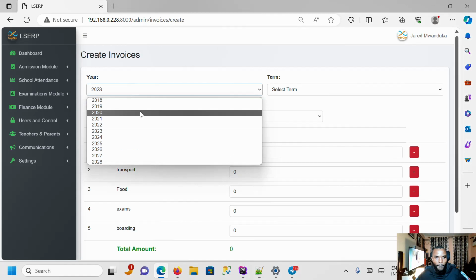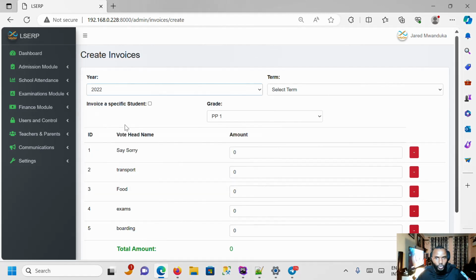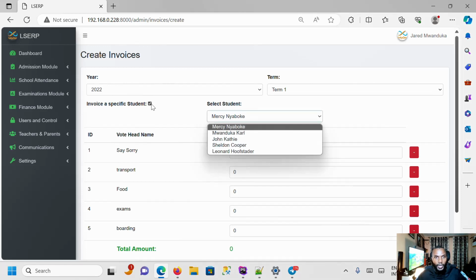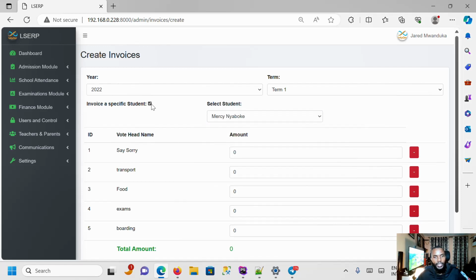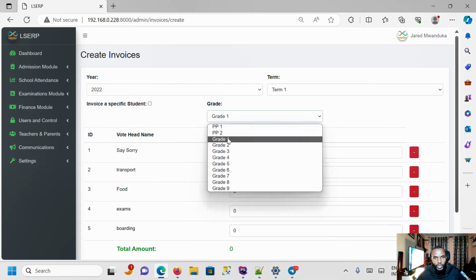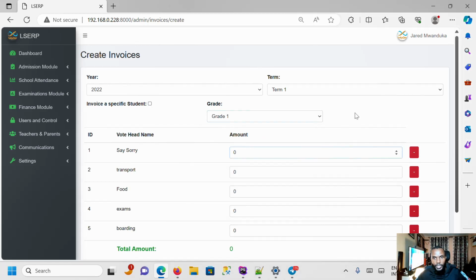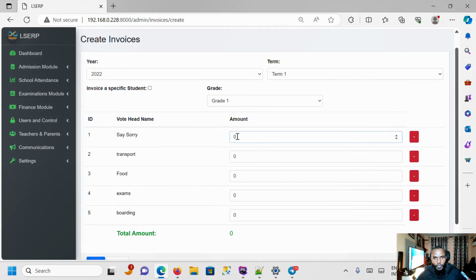Let's say 2022, for example, term 1, and then we say we are invoicing the class, because you can invoice a specific student and then choose here. Or if you don't want to invoice a specific student, you uncheck this and then you choose the grade which you want to send the invoice. So in this case, I'm choosing grade 1 for 2022, and then I'll say